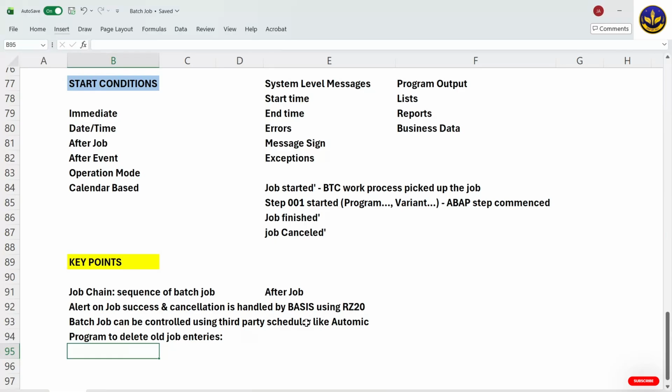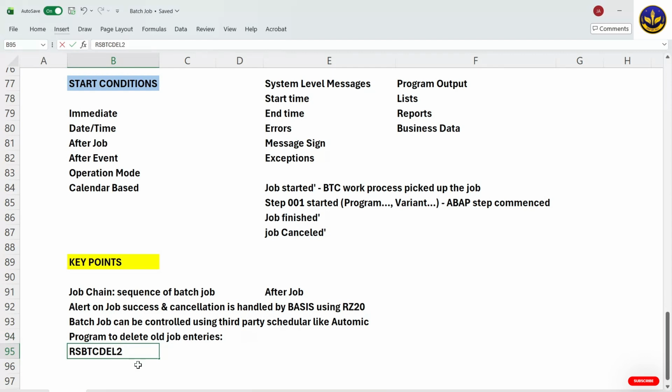Some organizations want the last 15 days of job logs retained, or there are requirements that job log data be kept up to the last 30 days. That is controlled using a program,